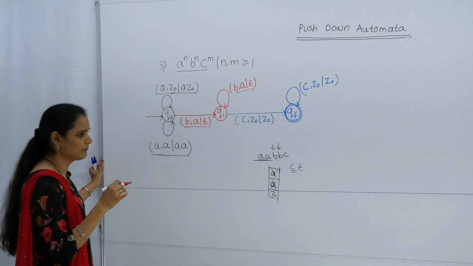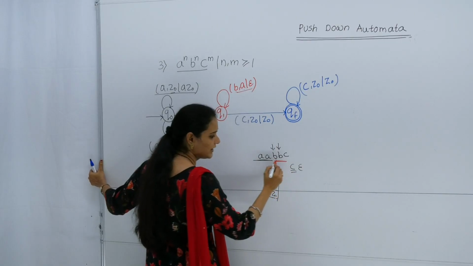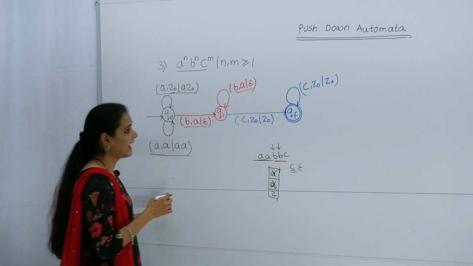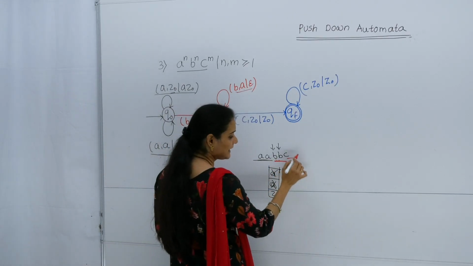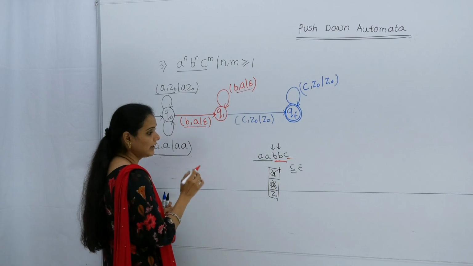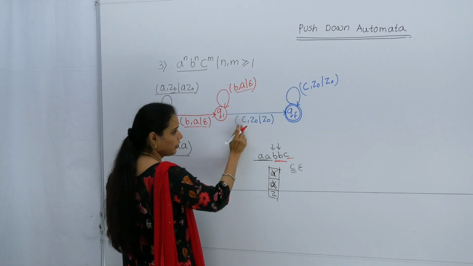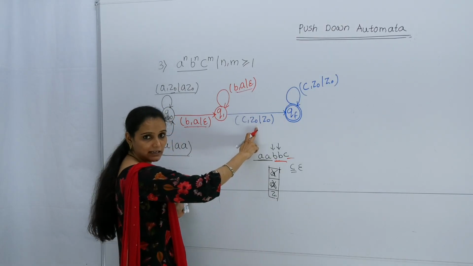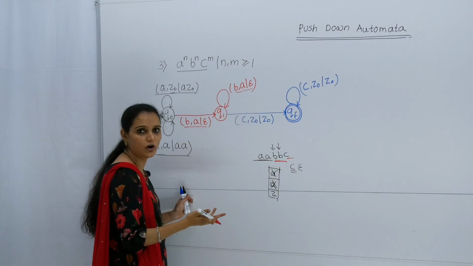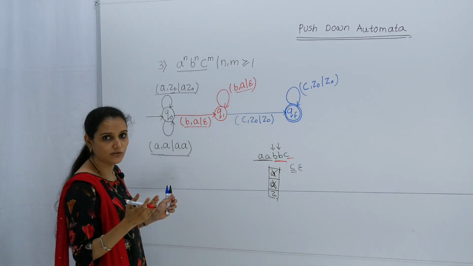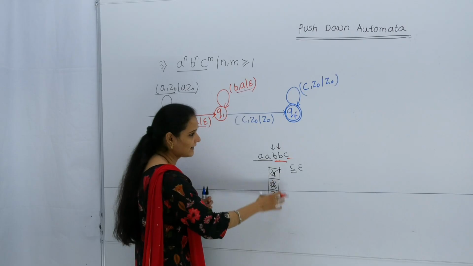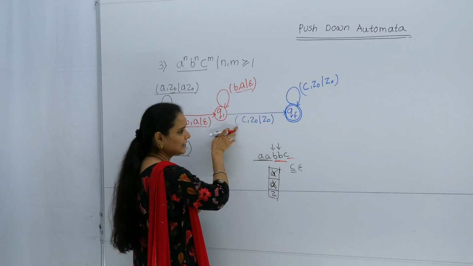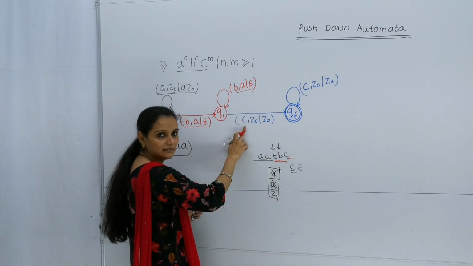Whatever the number of b's in the string, that particular loop will be executed, and after the b the next symbol is c. When I obtain the c in the string, what is the top of the stack? Top of the stack is Z0, because for the number of a and number of b we have used only the stack. Top of the stack is Z0, means the stack is empty. So we can move in that particular direction when I obtain the c.